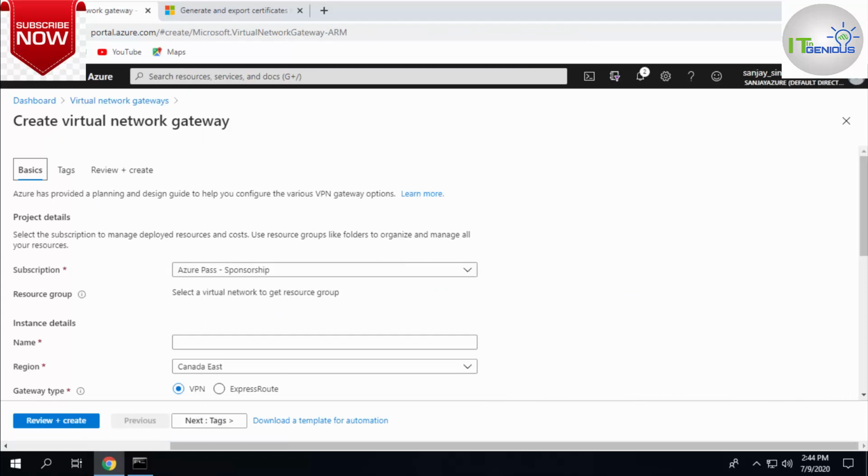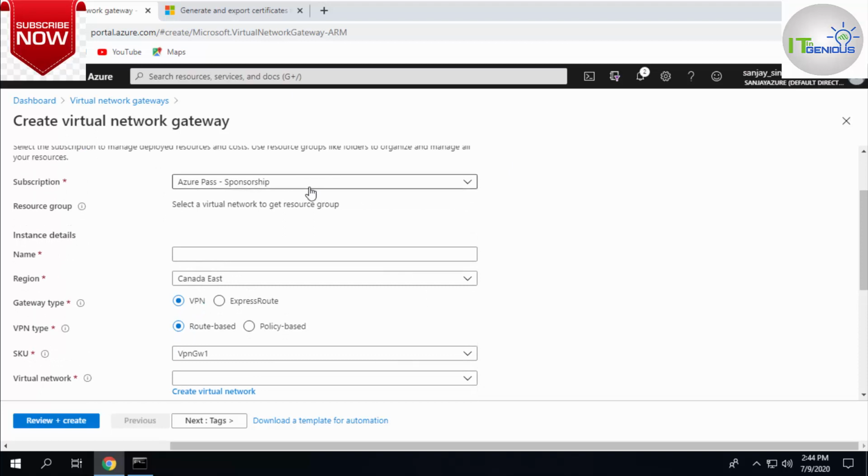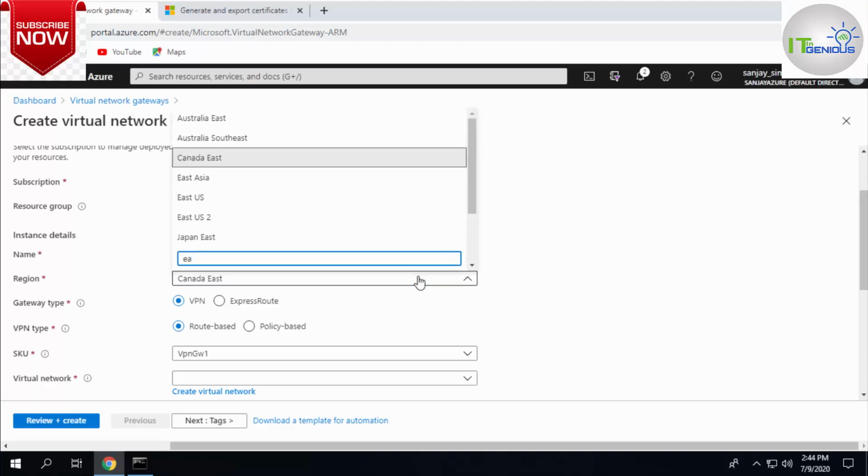So I'm going to create a new virtual gateway. You need to select your subscription. For resource group, whenever you choose your virtual network, it will automatically pick your virtual network's resource group. Here you need to give the VPN gateway name. I'm going to give gateway 1, and for location, in my case, I'm going to use East US,